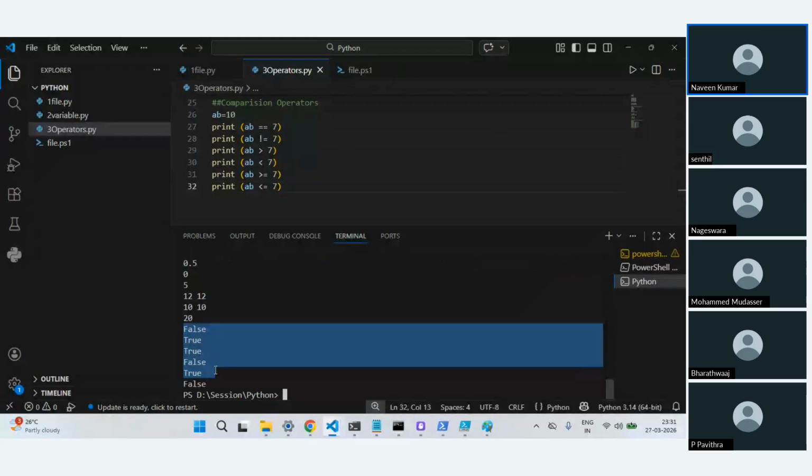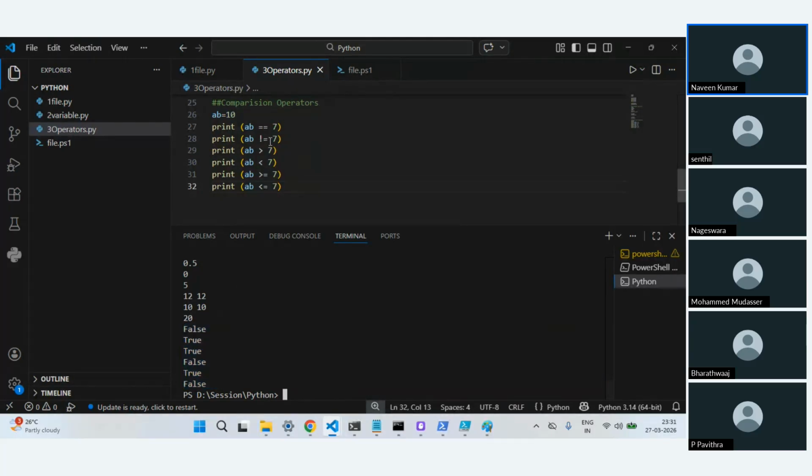The first one is false. The second condition is true, it is not equal to 7. Then the third one, greater than 7, is true. Less than is false. Like this, you can also do a comparison. These are comparison operators.